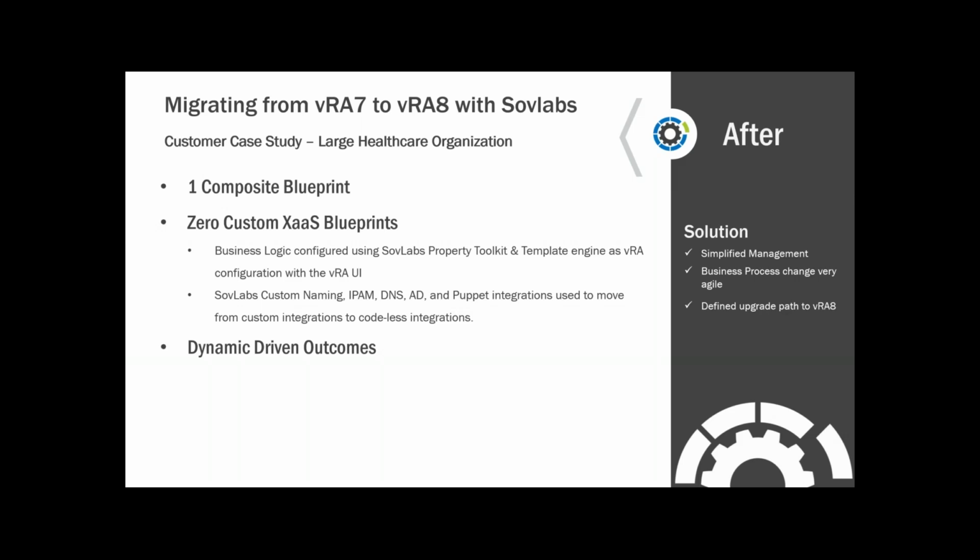They adopted the model for doing dynamic-driven outcomes, whereas we see most organizations with vRA, because of the way vRA 7 is structured, their blueprints being a bit more static. Although you may have inputs coming in that's driving some of your custom code, it's not as dynamic as you really want to get to, right? We still see, I've got Windows blueprints, Linux blueprints, I've got 3 different blueprints for this app and 5 for that app. The more dynamic we become, the less blueprints we can have, and a lot easier it is to